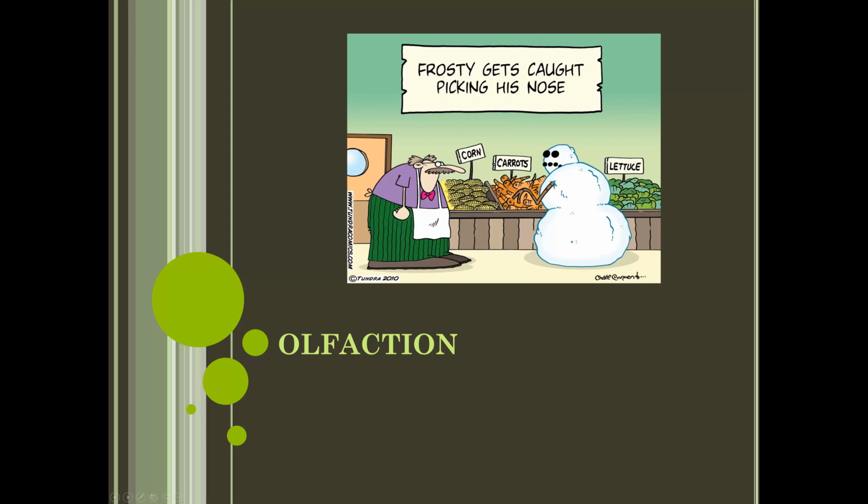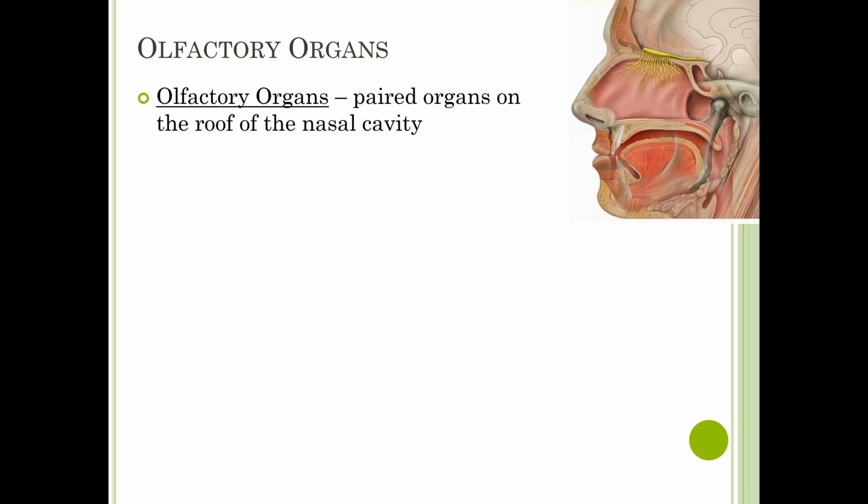So in this section, we're going to go over olfaction, which is your sense of smell. So you have two olfactory organs on the roof of your nasal cavity, one in your left nasal cavity and one in your right nasal cavity. And this picture up here shows you the olfactory organ. So it's the part that's actually embedded in the roof of the nasal cavity, and then the structure above it is called the olfactory bulb, which you looked at in the sheep brain last semester, and we'll talk about the bulb when we talk about the pathway.